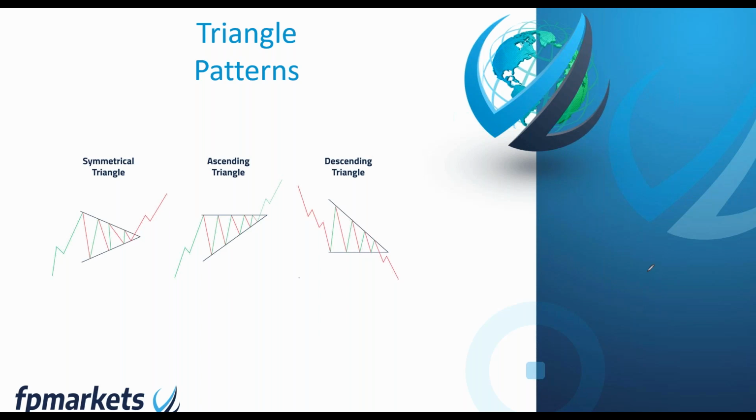Yeah, and I think I've read from the Edwards and Magee book of technical analysis, which is a must-read for many that are interested in technicals, by the way, that most breakouts of the coil triangle occur at around 75%. So we're looking at around these areas here. 75% of their formation to the apex. So the apex is this area here, and this is what's known as the base.